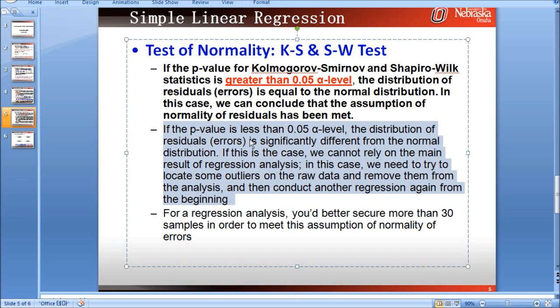The regression coefficient is not reliable in this case. If the p-value from KS and SW test is less than 0.05 alpha level, then we need to try to locate some outliers on the raw data and remove them from the analysis, and then conduct another regression again from the beginning.